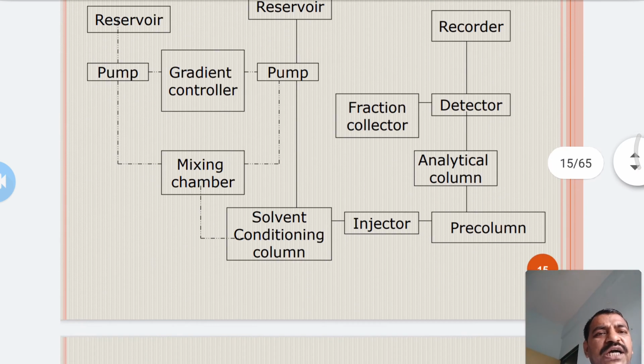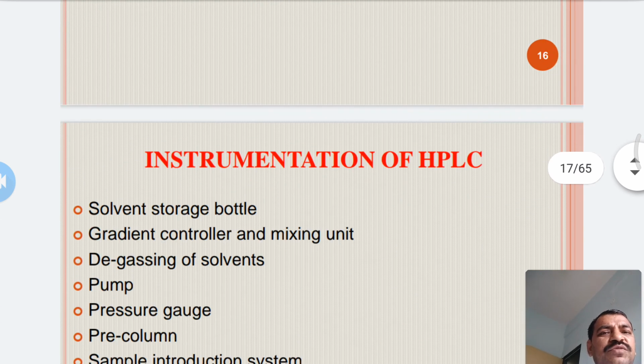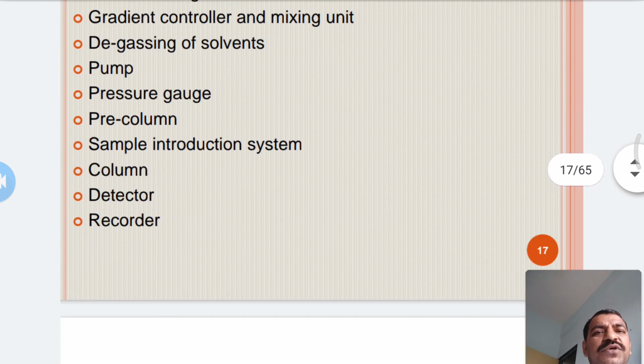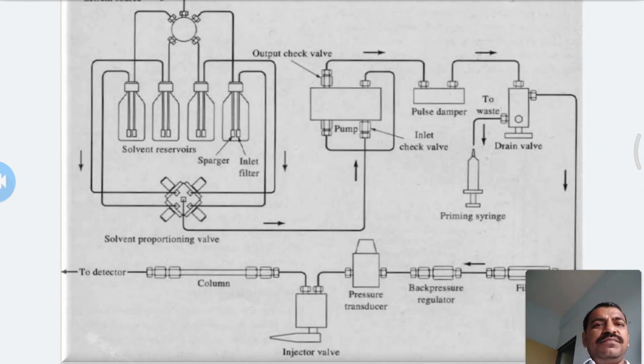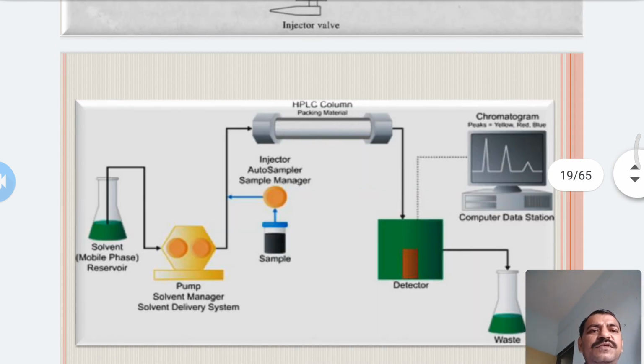This is the block diagram of HPLC instrumentation, with different components in the flow diagram of HPLC.